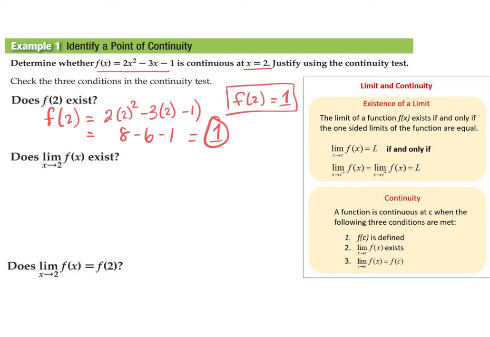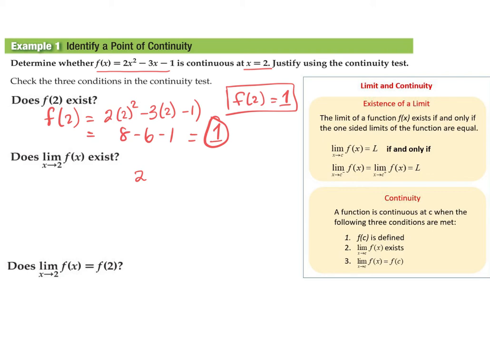Then I need to find the limit of f of x. In order to determine that, I am going to analyze the graph by looking at a table. So I want to create a table where 2 is the center, and I want to determine what is happening to the left and to the right. Now, a limit is looking at basically what is happening as you're infinitely going towards this number. So you're looking at the itty-bitty numbers. So itty-bitty numbers to the right will be,